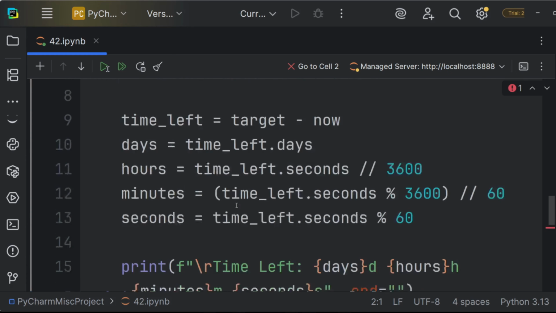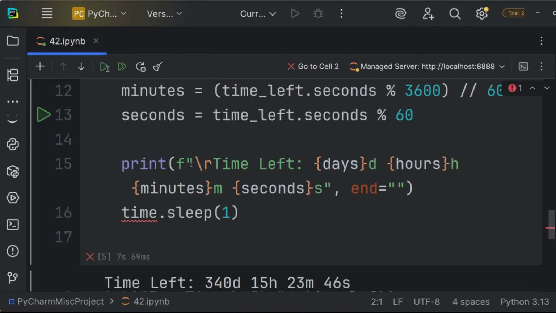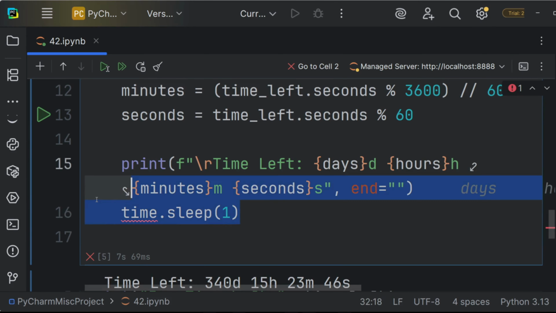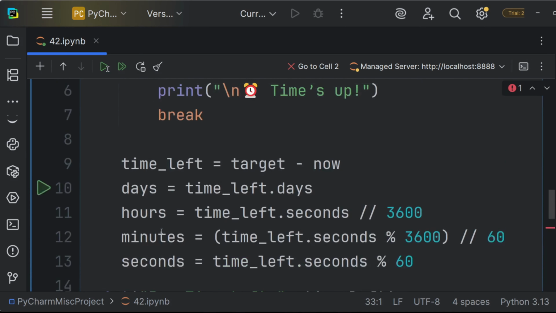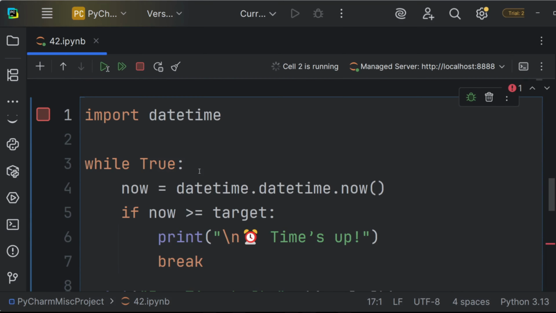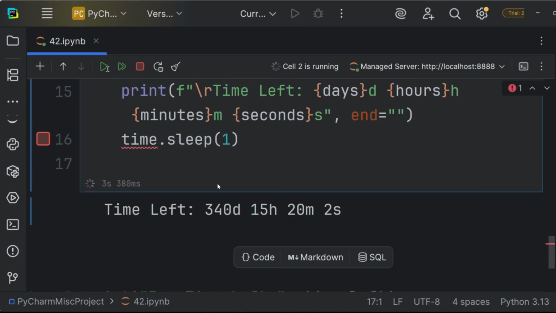We're once again plugging in the same values as before, and this time we're actually going to build the loop. It's the same thing, but can you see this over here? time.sleep. This makes sure the time reduces only by 1 second, making a proper countdown. So when we run this code, as you can see in the output, it keeps subtracting 1 second, giving us the exact countdown of how many days, hours, and minutes are remaining till our target date.